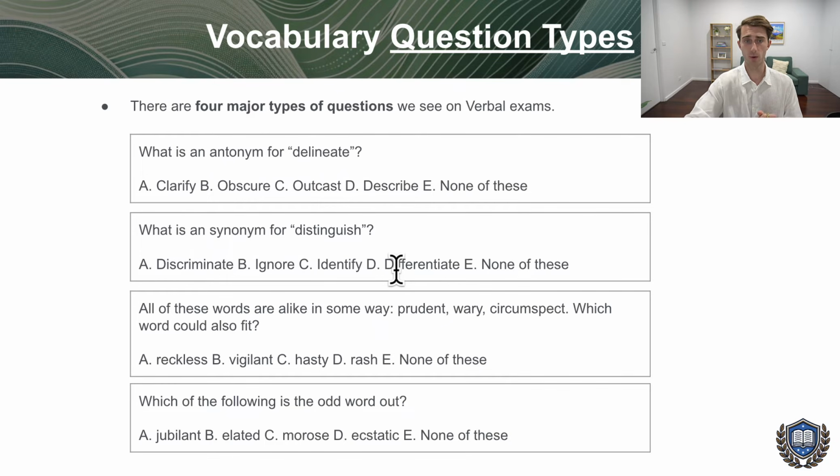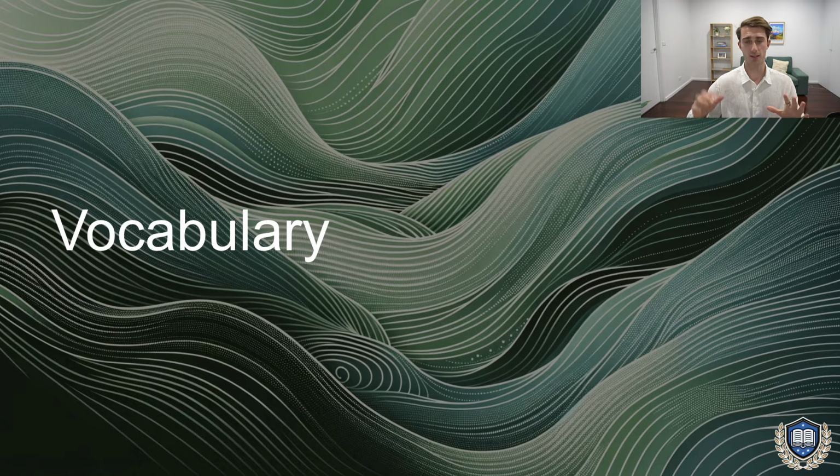So in terms of vocab questions, they come up a lot. Use these two best strategies to increase your accuracy on questions. But overall, you just want to build your vocab. That's the fastest, it's the easiest. It's going to have the biggest bang for your buck in terms of improving your scores in this section.